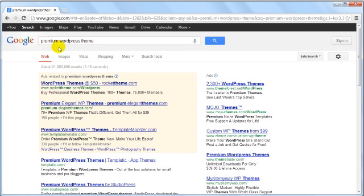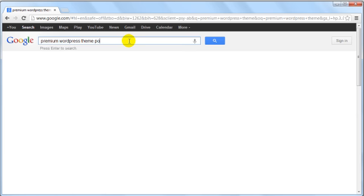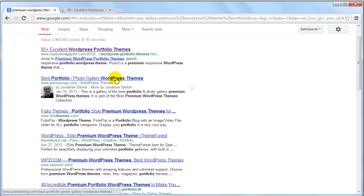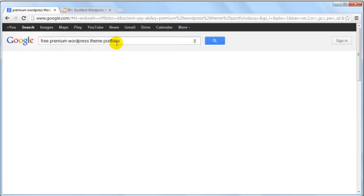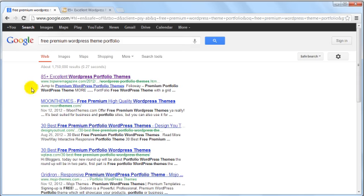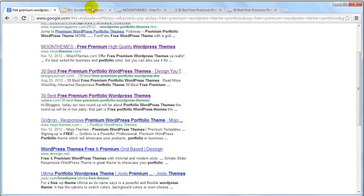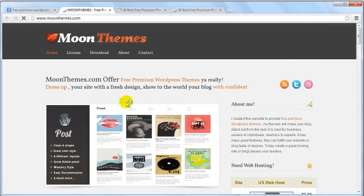So what I recommend that you do is search premium WordPress theme plus portfolio. And as you can see, it says 85 excellent WordPress portfolio themes. And what I would normally do, if you are on a budget, is you could always type in free premium WordPress theme portfolio. So you can look for free ones first before you look for the paid ones and see what's available. So out of these three sites here,